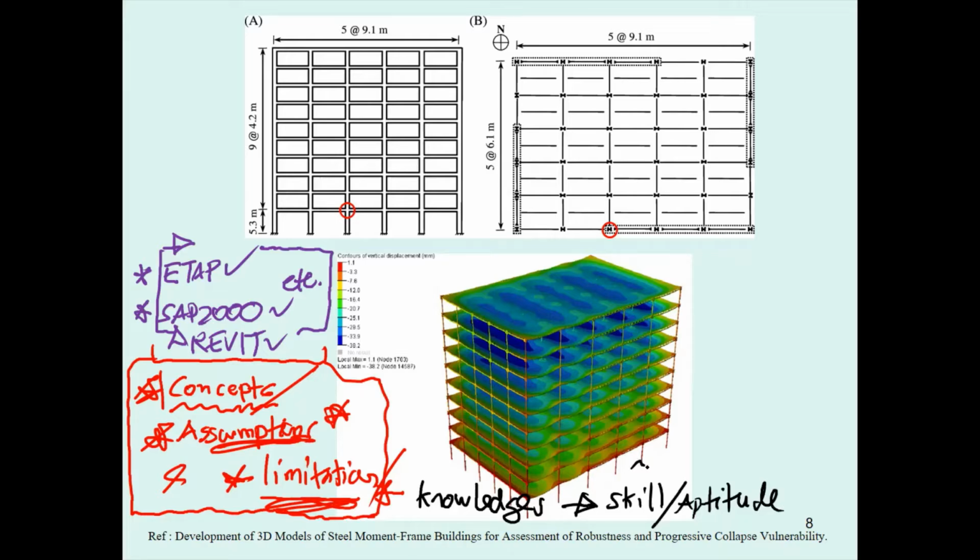And based on the skill and aptitude, you are going to be an experienced engineer, and you may get a salary of 200,000 baht or 300,000 baht if you are a very good one, if you can work on the structure that